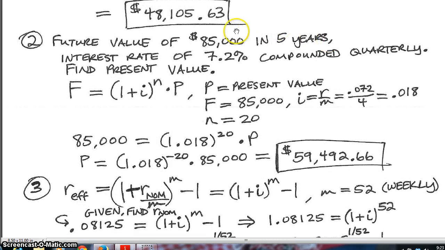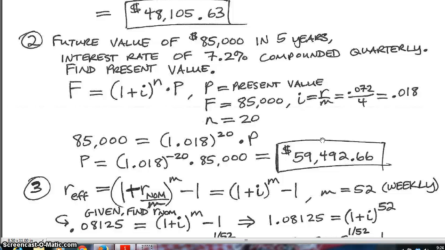Okay, future value of 85,000 in 5 years, 7.2% compounded quarterly. Since it's quarterly, again divide by 4 to get I is 0.018, N is 20, 4 times 5. The only difference between this one and the previous one is that instead of solving for F, we have F is 85,000 and we're solving for P. So that means we're going to have to divide through by 1.018 to the 20th, or hit it with 1.018 to the minus 20th. Works out to